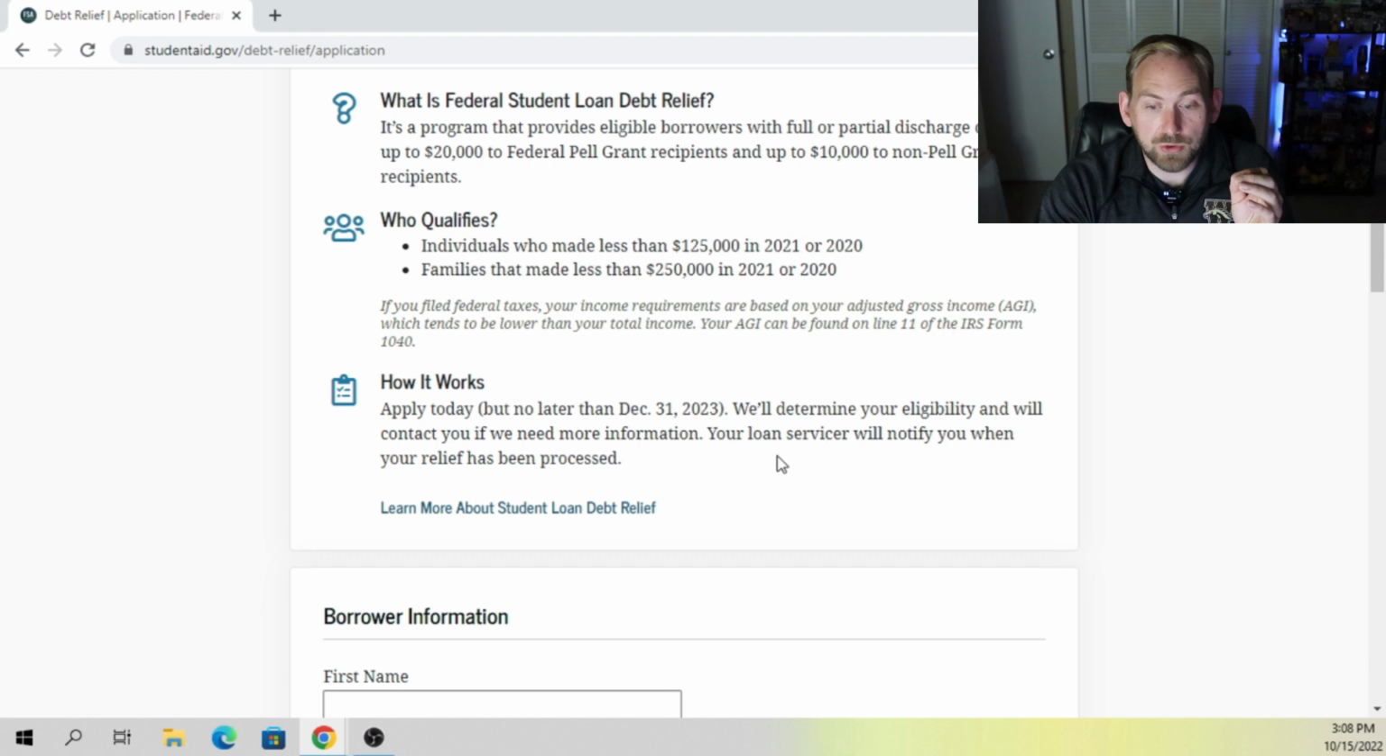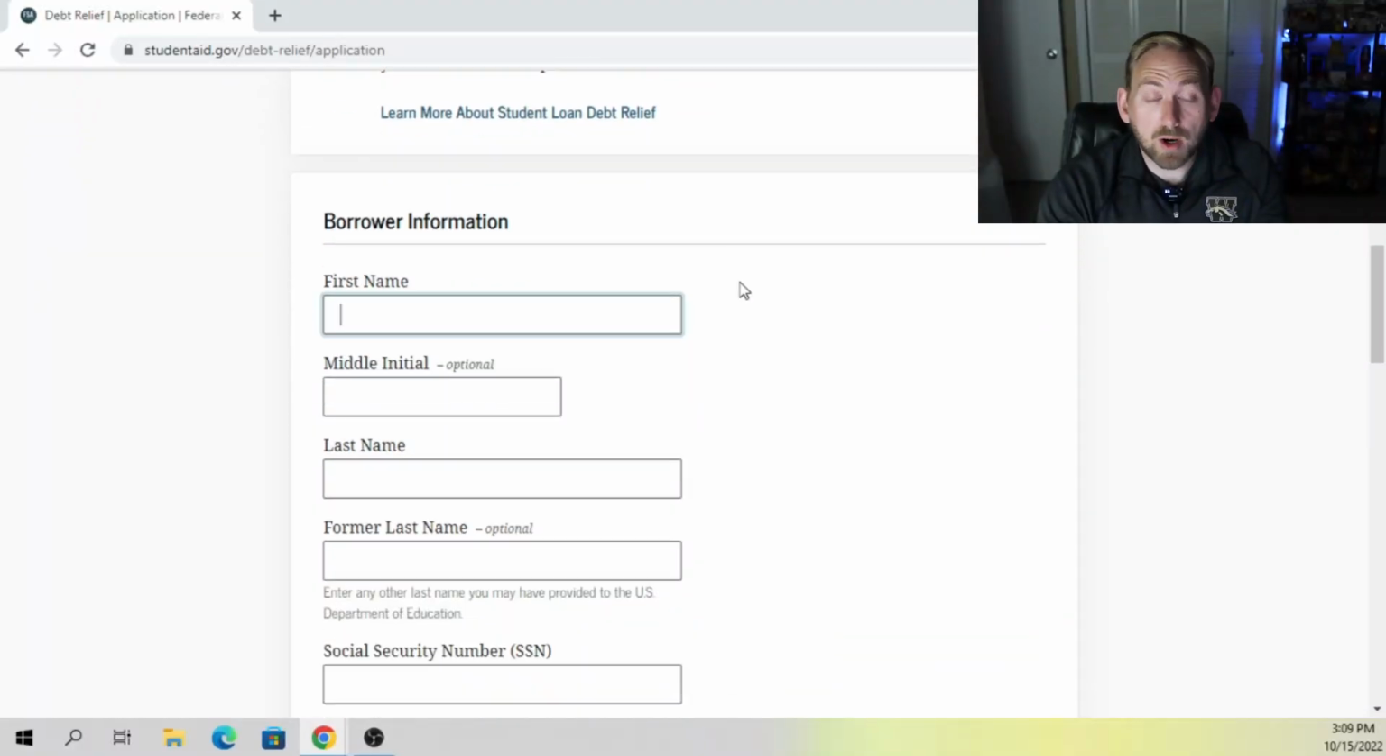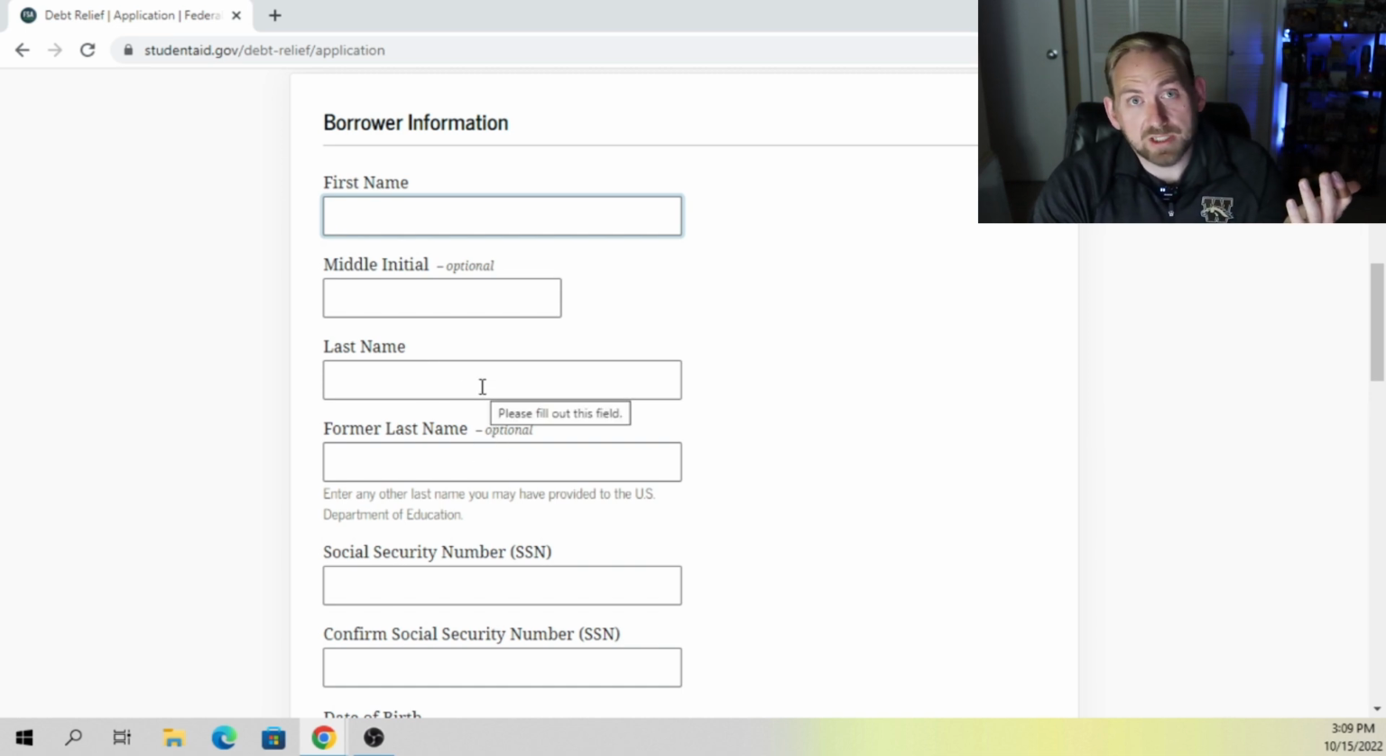Your loan servicer will notify you when your debt relief has been processed. So they will let you know when it's all processed and you're good to go. All right, borrower information: first name, middle initial, last name, former last name. That's if you've had any previous last names, for example, a maiden name, if you've been married before and you reported that name to the government when you were applying for loans back